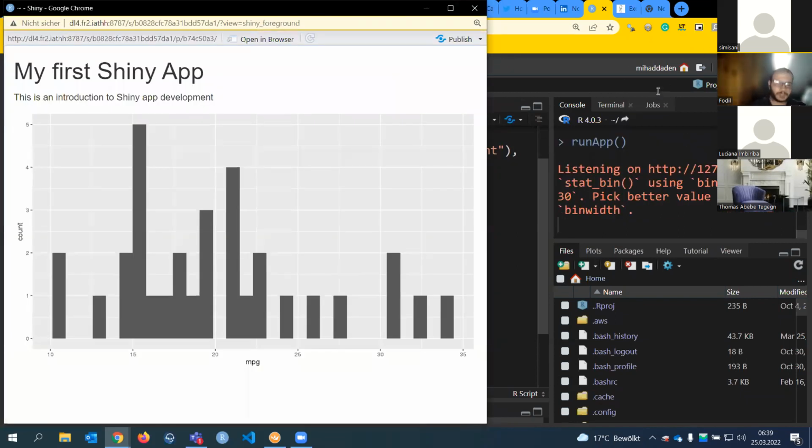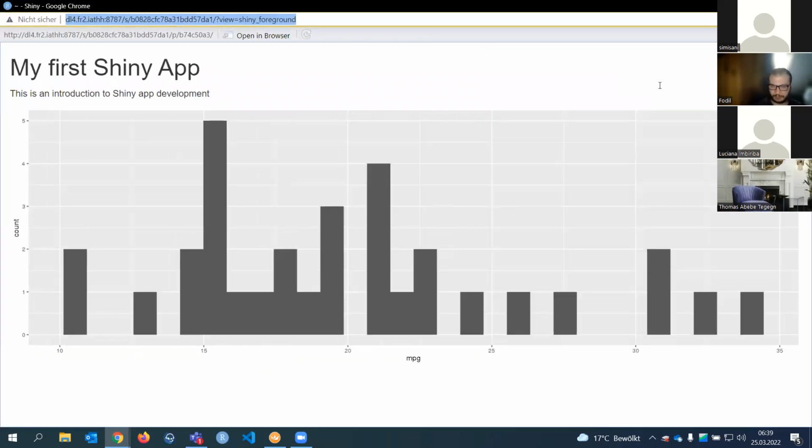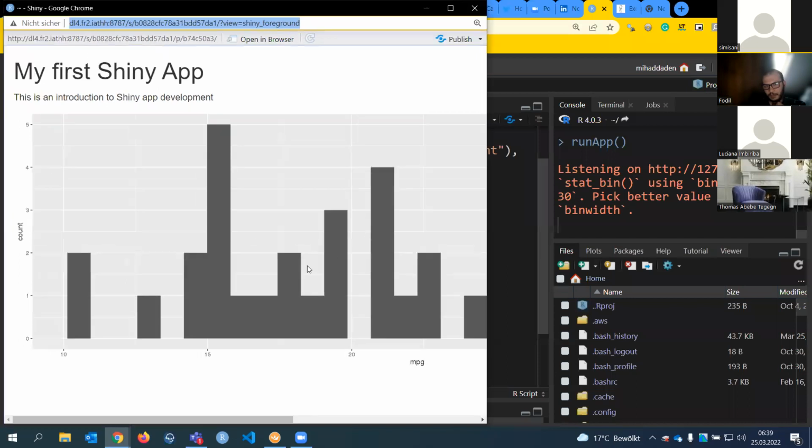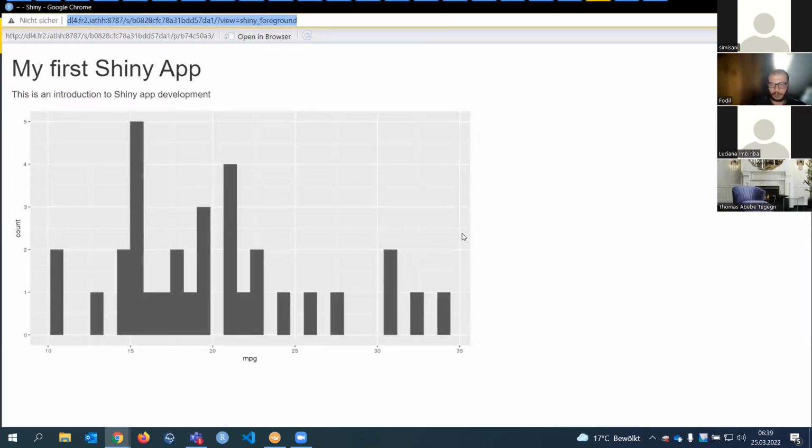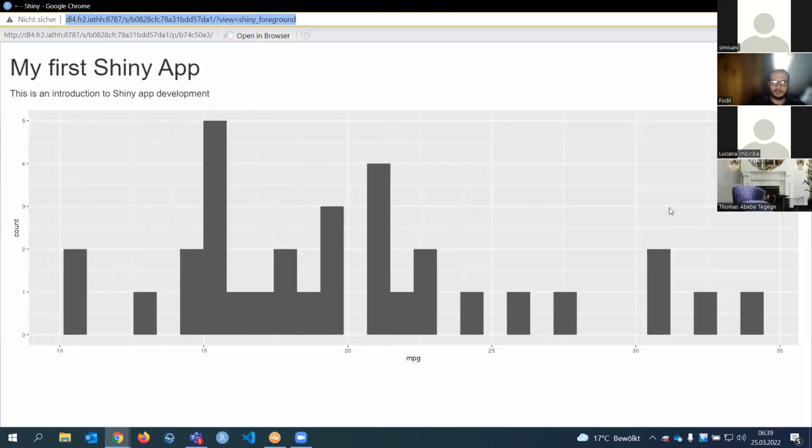And what's cool is that by default, without doing anything, we have some CSS stuff. And CSS is the language to style web apps in general. And here you can see if I shrink the window a little bit, the plot will be adapted. It will resize automatically to fit your page, your window, which is really cool, because if you are using another framework, you will have to code this behavior, and Shiny has it by default. So you gain some time here, and it's cool. Yeah. So I have my histogram here.